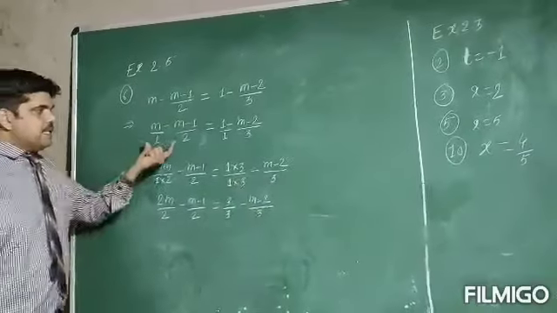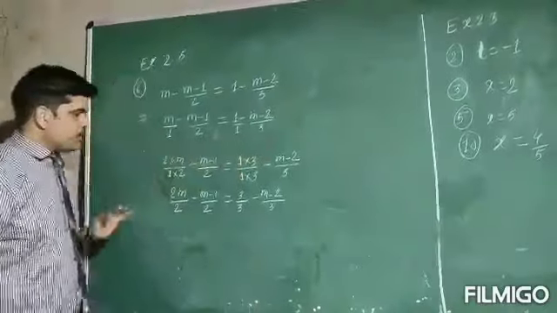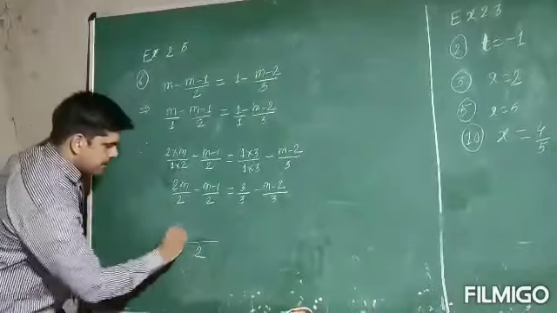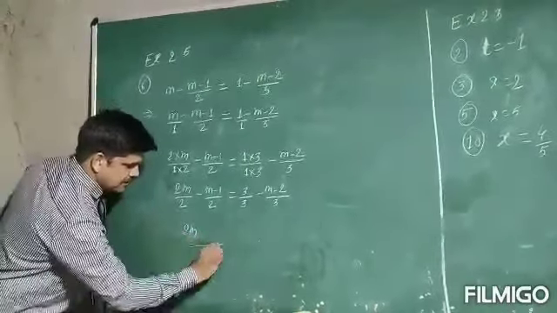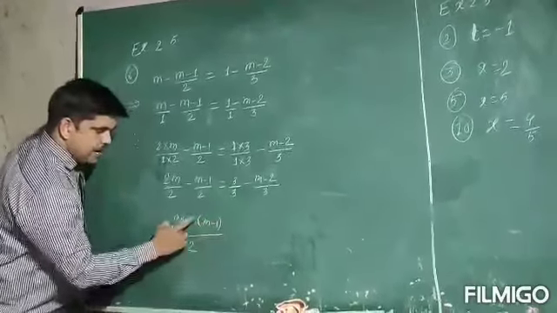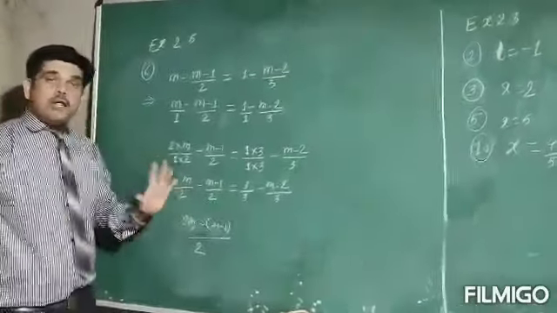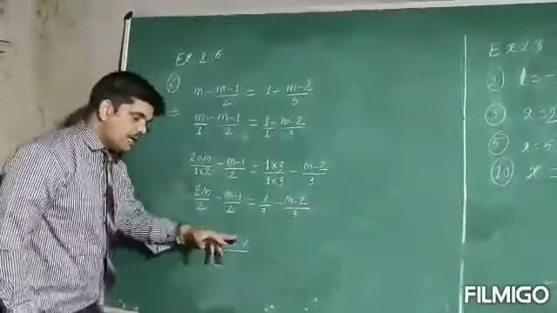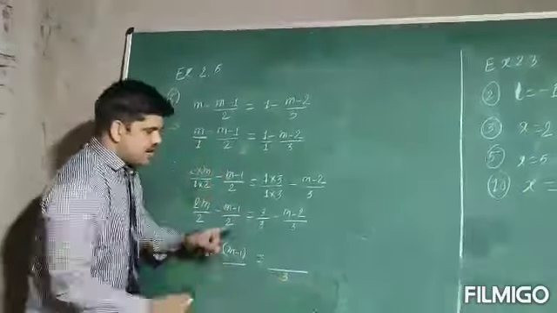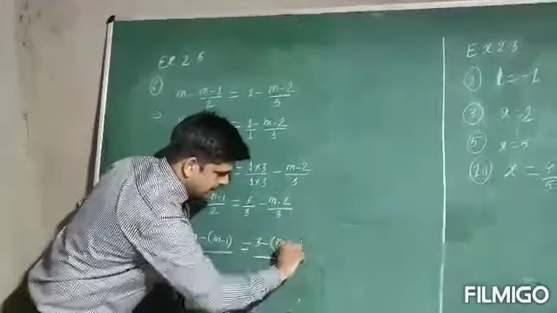So what we did, we made the denominator the same: 2 here and 3 here. Now the denominator is the same, so I can write 2 as it is here. So this is 2m as it is. Now here it's very important: minus, put a bracket here, minus in bracket m minus 1, because this minus is for the whole term, not for only m. So this minus will multiply both the numbers, is equal to, here the denominator is 3. Now 3 minus, again a bracket here, m minus 2.